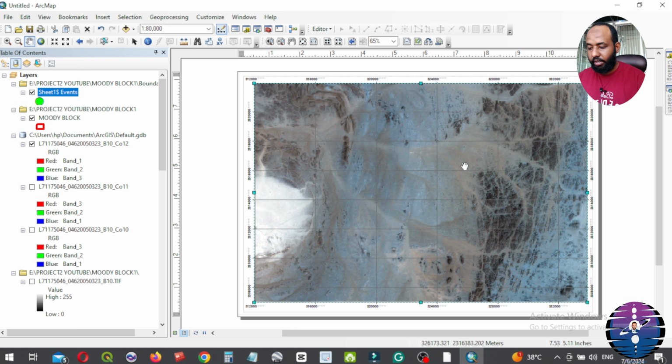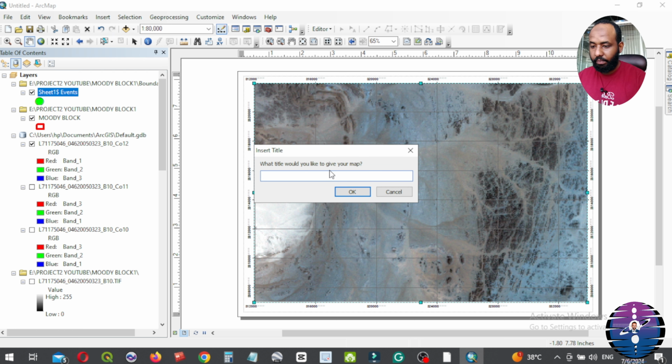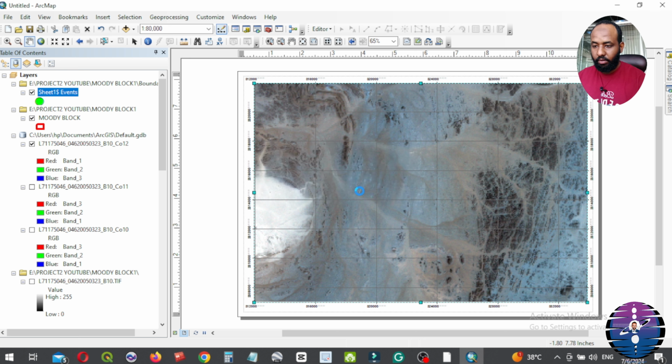After that, we insert the remaining elements and adjust their shape and size accordingly. From insert, title from here, Moody block. Okay.